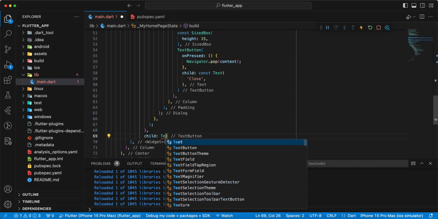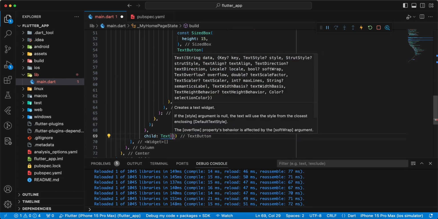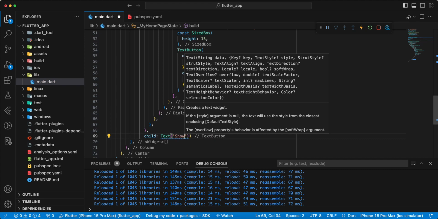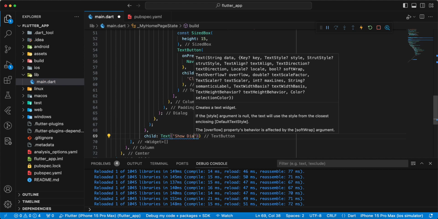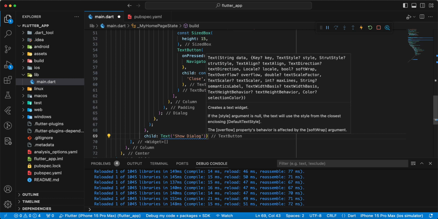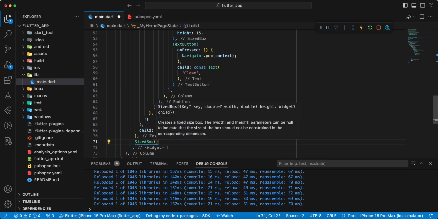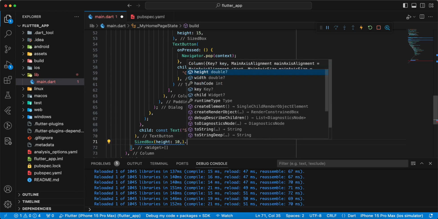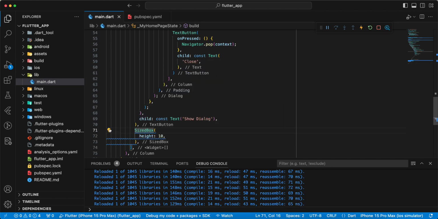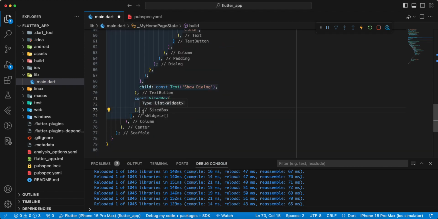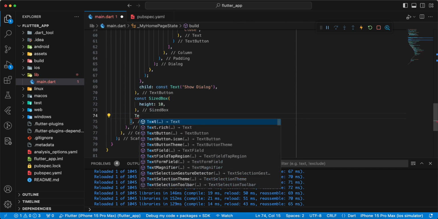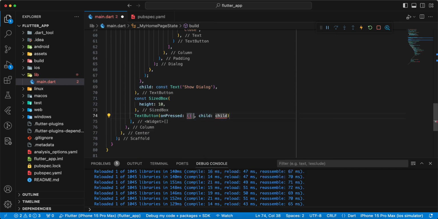Child, write Text, show dialog, save, add const, write SizedBox, write height 10, save, add const, next widget TextButton, onPressed,